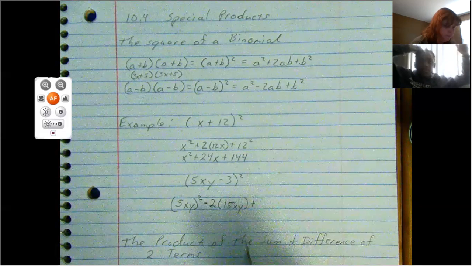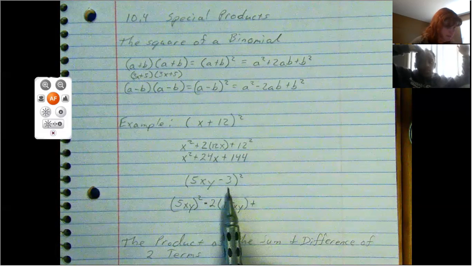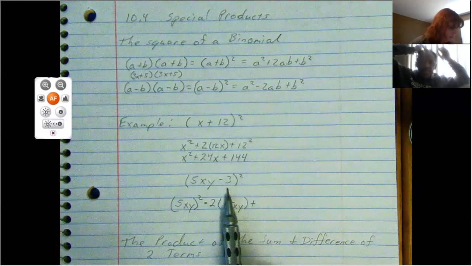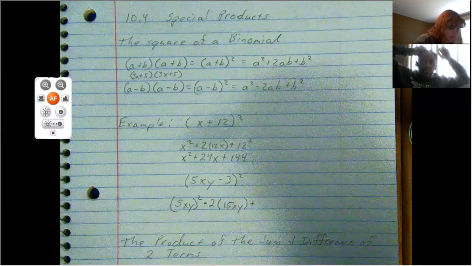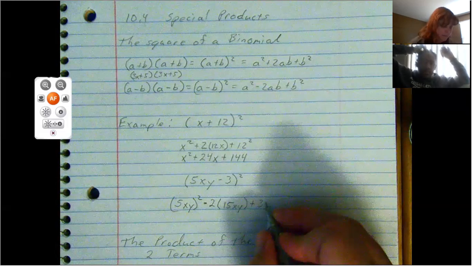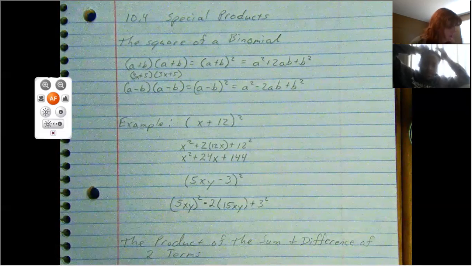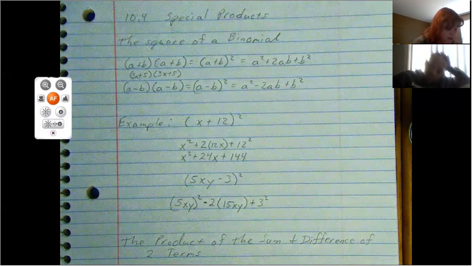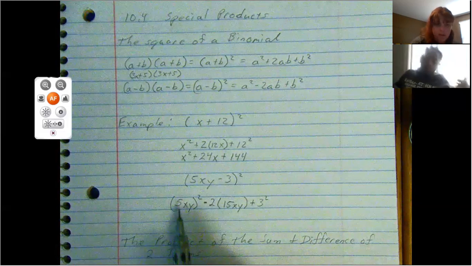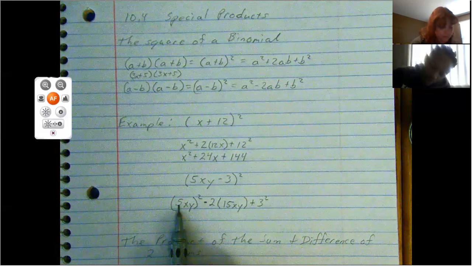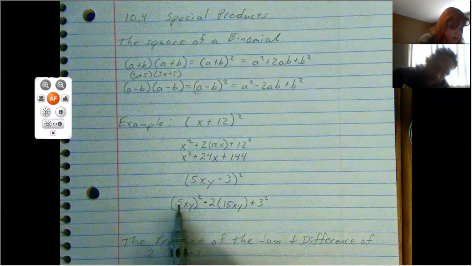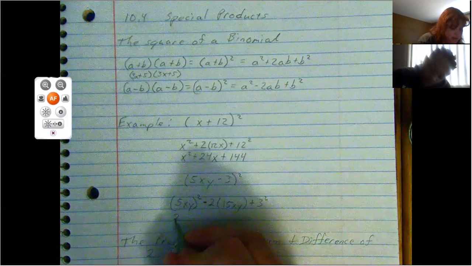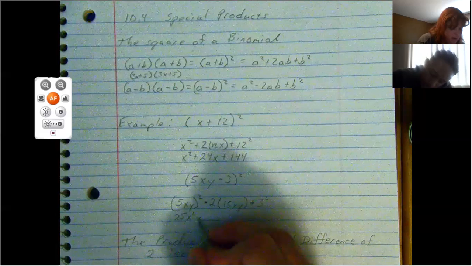What's the b? 3. Okay, and we're going to square it. Okay. So now we're going to simplify. What's 5 times 5? 25. So this becomes 25 x squared y squared